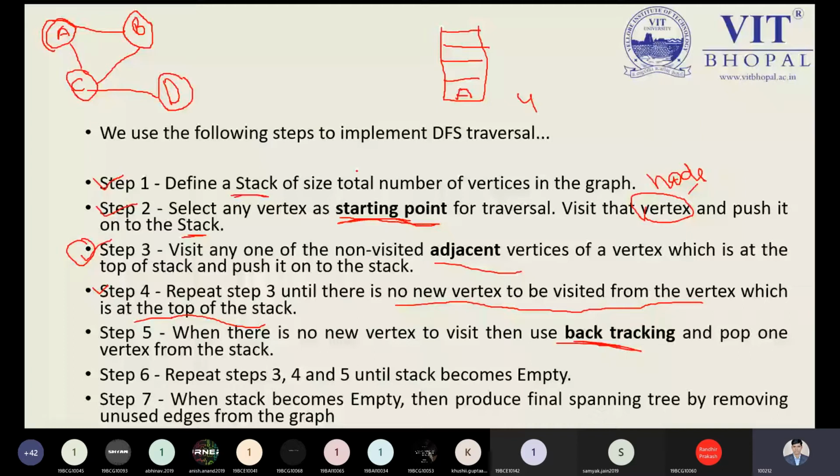Suppose we have picked A, and thereafter I'm picking the next one. Tell me which one I should pick, B or C? C. Okay, yes, it was the expected answer. So C is my next visited node, so I can pick C over here. Now C is connected to D and C is connected to B. So A is coming here, C is coming here, and C is adjacent to two different nodes, B and D. So now tell me which one I should pick, D or B?